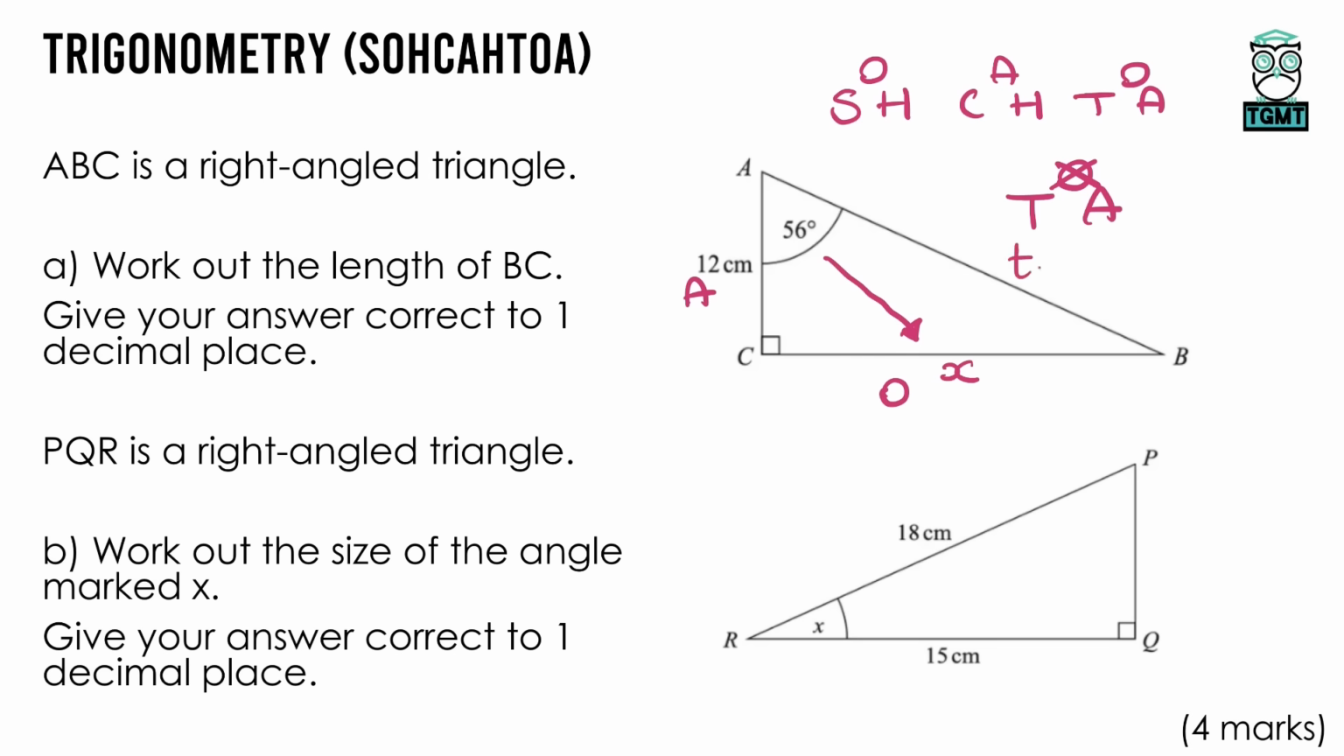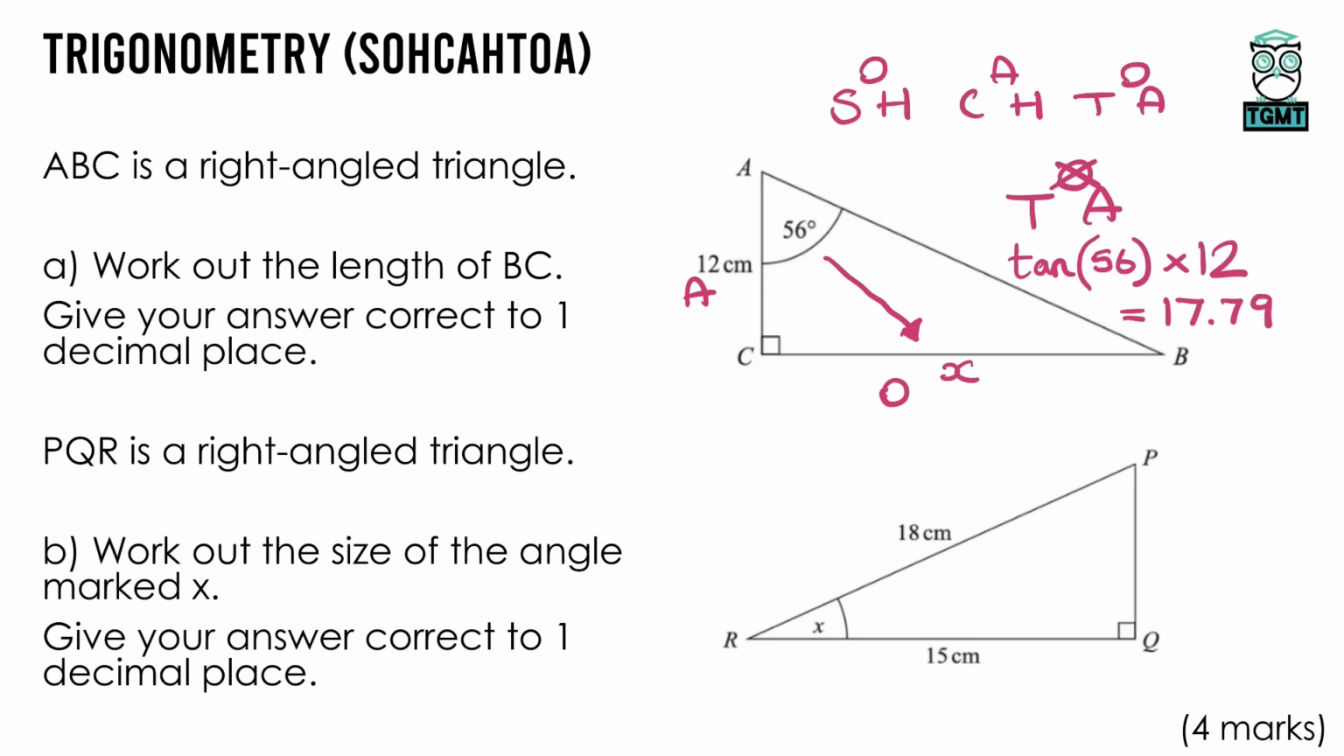Whenever you press sin, cos or tan on your calculator, a bracket will appear, and that reminds you to put the angle in the question into that bracket. Just don't forget to close the bracket. We're going to multiply that by the adjacent, which in this case is the 12, and then we just need to type that into the calculator. So tan 56, not forgetting to close the bracket, multiplied by 12, and that is equal to